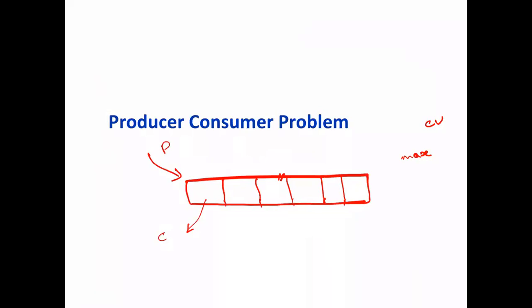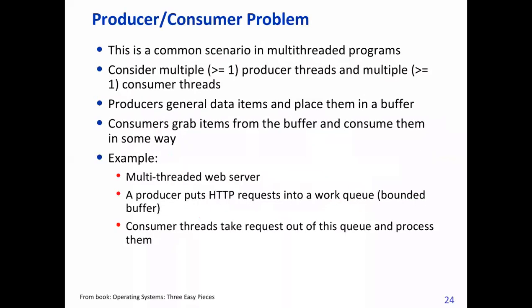And when the buffer is full, then this producer has to wait until the consumer consumes something. So when the consumer consumes something, it will signal the producer that I have consumed something, now you can put. Similarly, when the buffer is empty, the producer will inform the consumer that I have put something, now you can consume. Okay, so with this logic we can create a program.